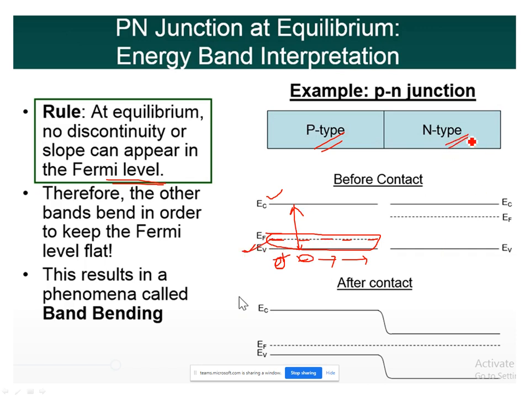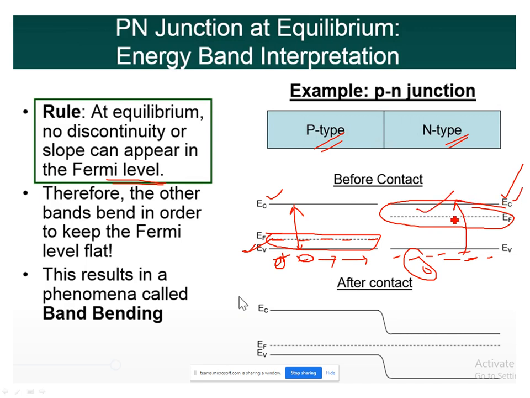What about n-type material? In n-type material, the electrons are the majority carriers, right? And even if all the holes are combined with the electrons, still a few electrons will be free, and those free electrons will have a tendency to move towards the conduction band as soon as they get some energy, right? So the maximum probability of finding an electron in n-type material is near to the conduction band.